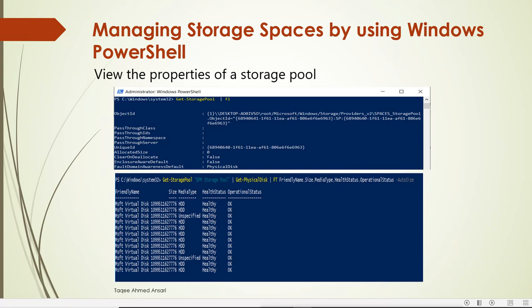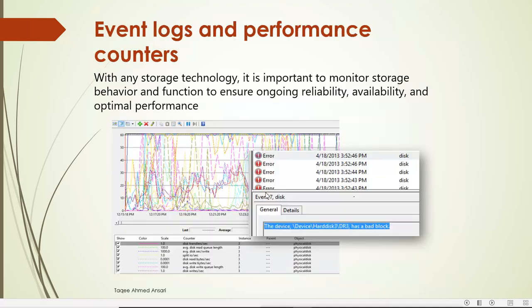Then we can check the physical information, like Get-StoragePool, then we mention the storage pool name to get the information about only that storage pool, and then we can check Get-PhysicalDisk out of it, and it will show me the physical disks used for that storage pool. And then we can select only some information, like the friendly name, the size, status and operational status. So it will show you only those things.